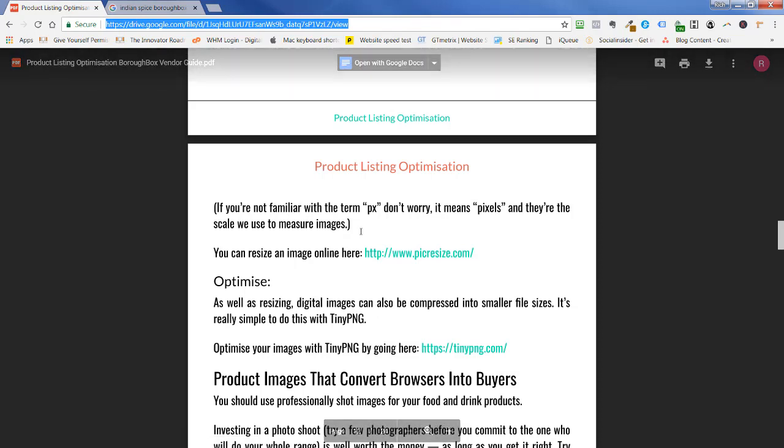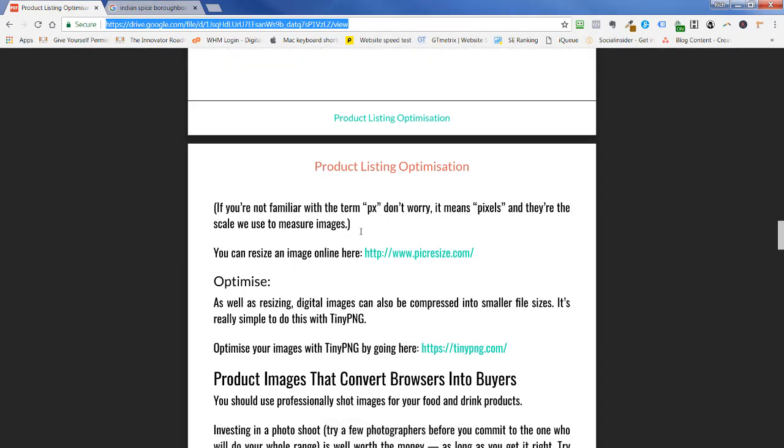You can resize an image online here at this place, pickresize.com. If for some reason after I record this video, pickresize disappears and it's been replaced by something else, just go to Google and search for resize an image online free. Okay,